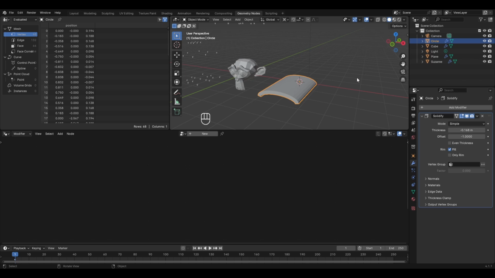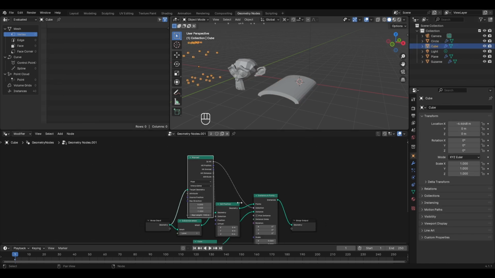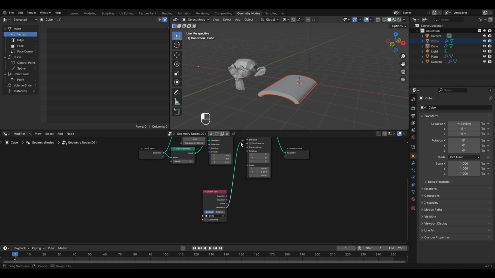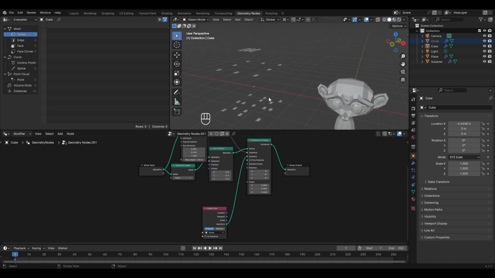For this, select the cube in the scene collection, and here in the geometry nodes editor, I'll delete this cube node by selecting it and pressing X. Then to add the roof tile here, select the circle in the scene collection, left click and drag it here. And now we can connect it using the geometry socket. So I'll take it and connect it to the instances, and now here we have the roof tiles in place